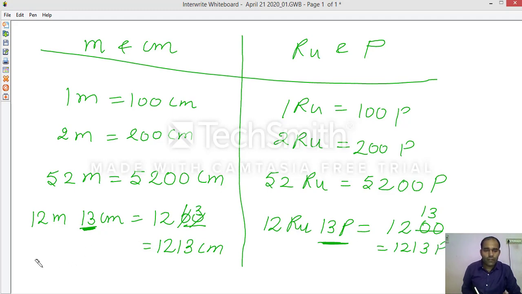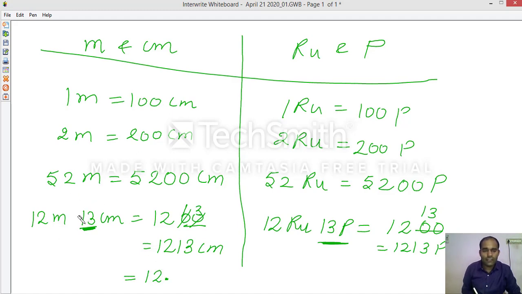Okay, if you want to write it in the form of meter, you can use the point. 12 will come as it is, and centimeter and paisa will come after the point. How many digits should come after the point? 2 digits, because there are 2 zeros.